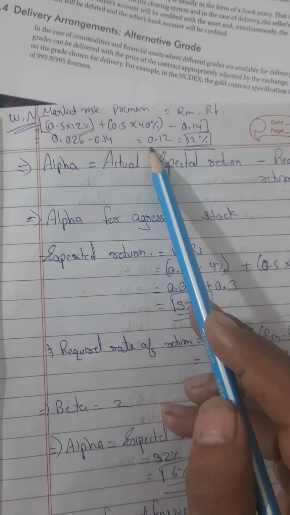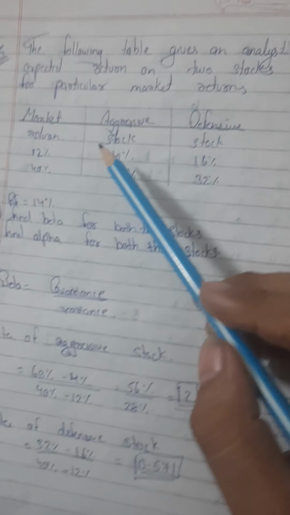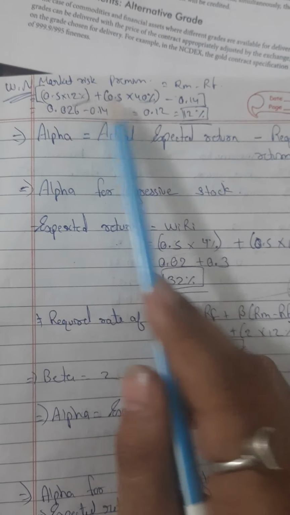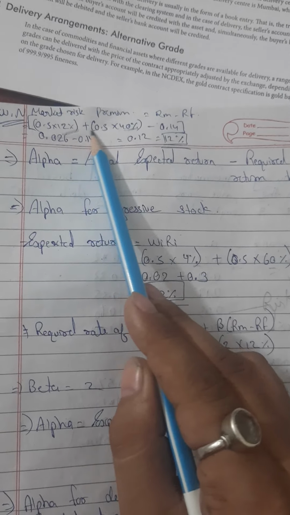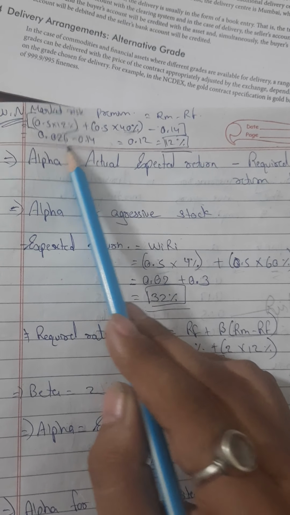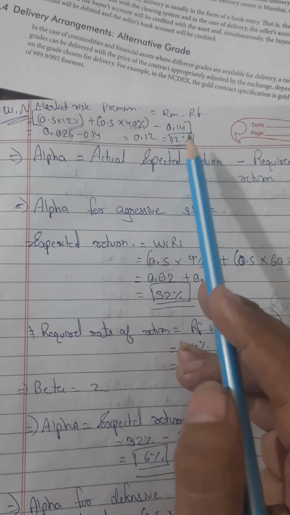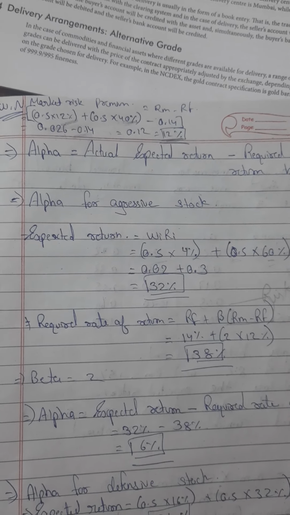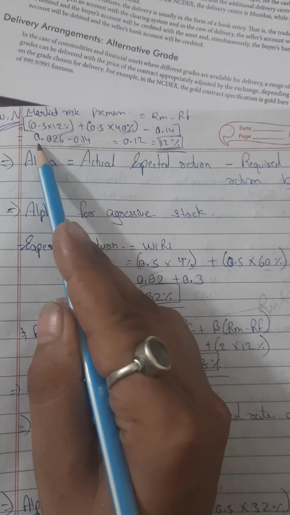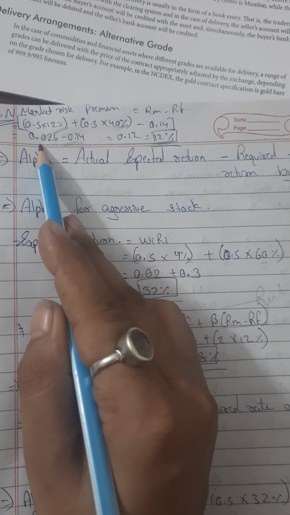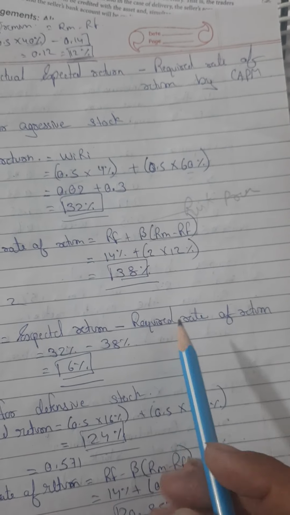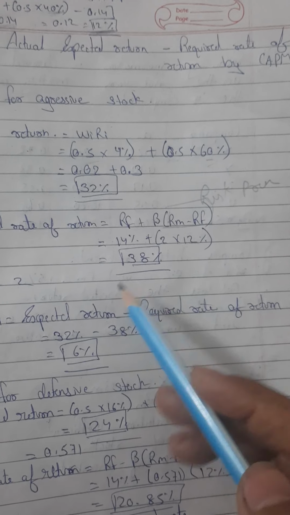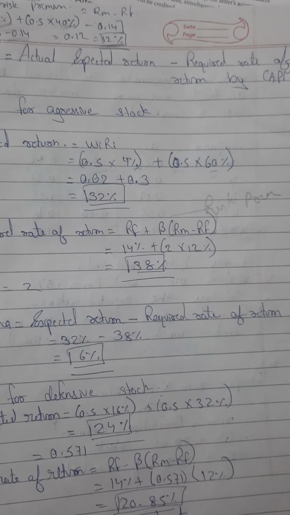here 12% and 40% are given in the question for market returns, right? And we will give equal weightage to these securities also, 0.5, 0.5, right? Summing these values up, we will get 0.026 minus 0.14, which is our risk rate, and we will get 12% as our risk premium, and RF is here 0.14, RM is 0.026. Directly we have put here the risk premium 12%, hence we have got 38%.